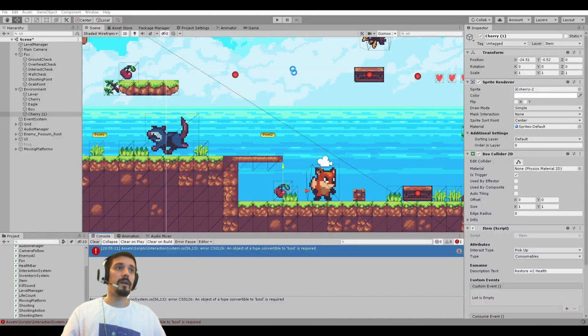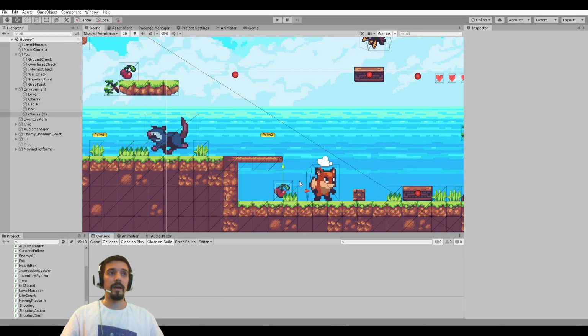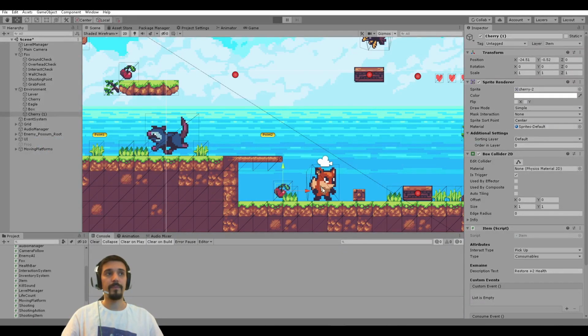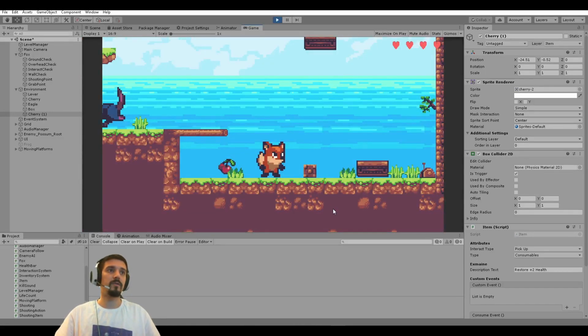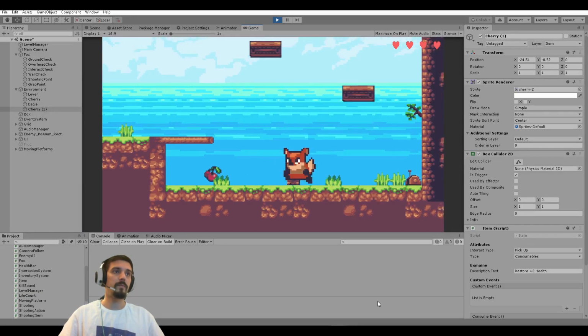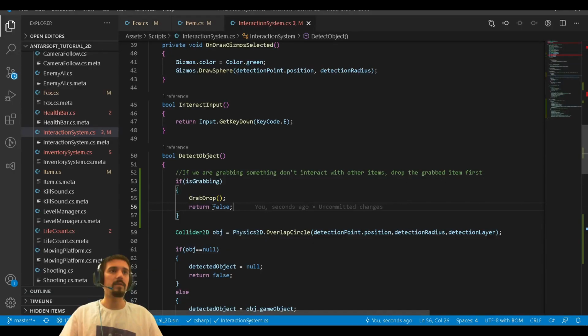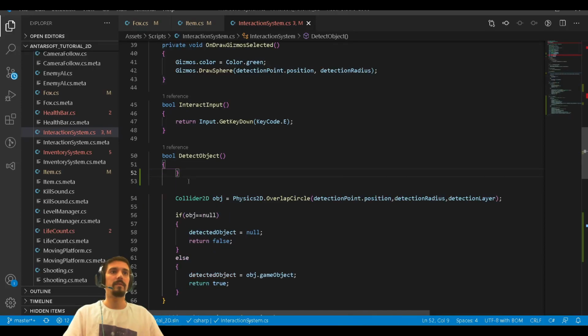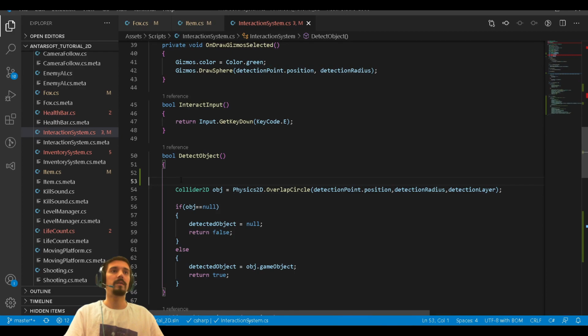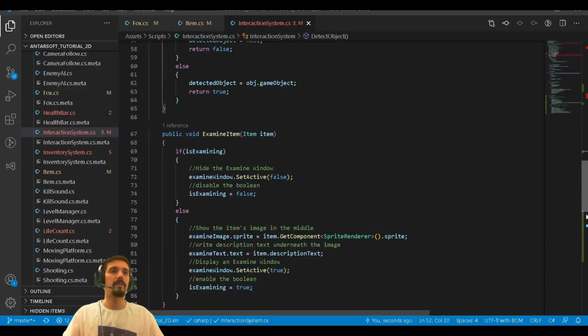So let's give it a test now. If I'm not mistaken, I'll be able to grab this item, but if I come close to another item, I will have to drop this item first and then grab that item, or pick up or examine, doesn't matter, whatever. Just interact with it. So here we go. If I grab this item, oh, I made a mistake. Sorry. I should not put this thing in here. I should put it on the interact here,